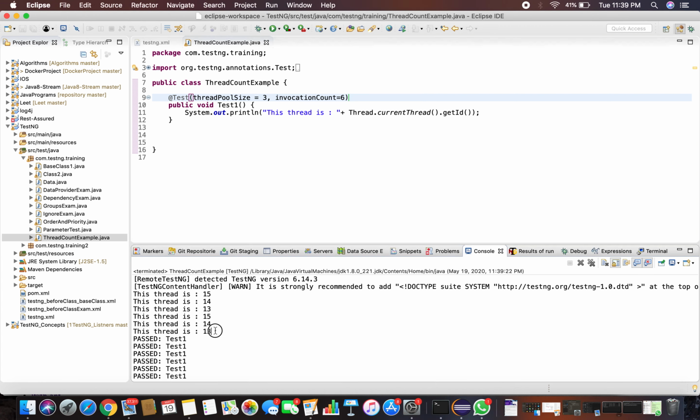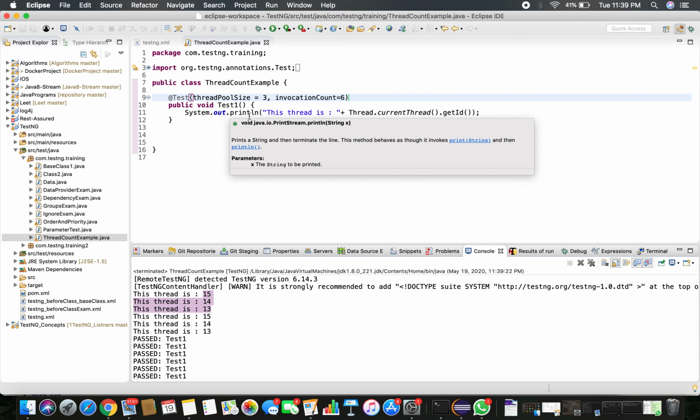See, 15, 14, 13 and the same 15, 14, 13. All the 3 threads are used to invoke this test case 6 times. This is how you can use a thread pool size to invoke a specific test case for different numbers of invocations. Hope you understand the concept.